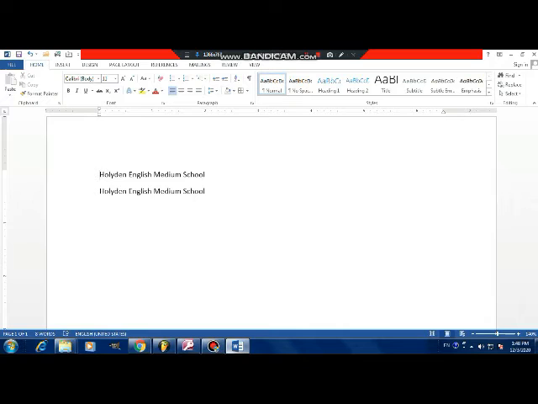At one press it will insert 5 character spaces. See, it is inserted. So the tab key is used to insert a bulk of space. Now let's see what is the next one.